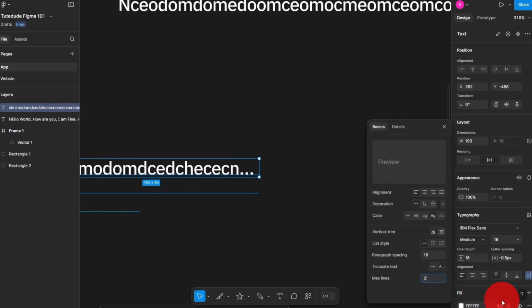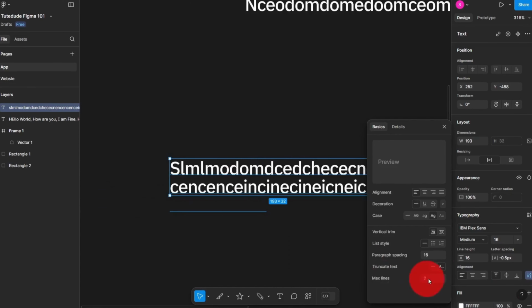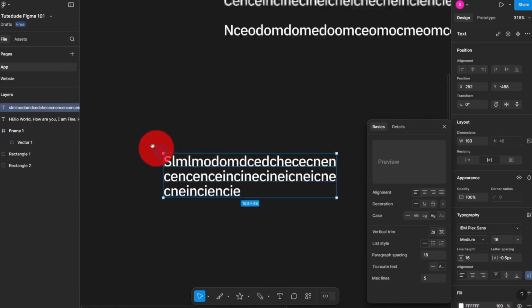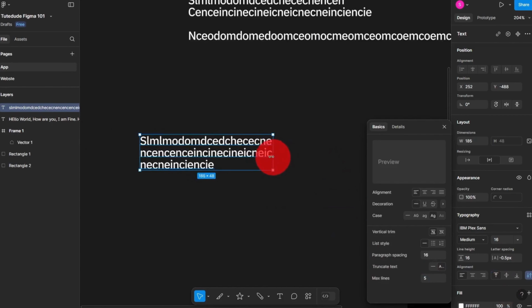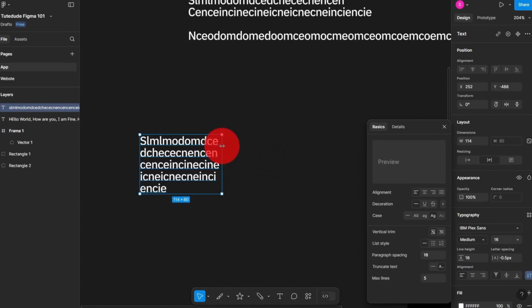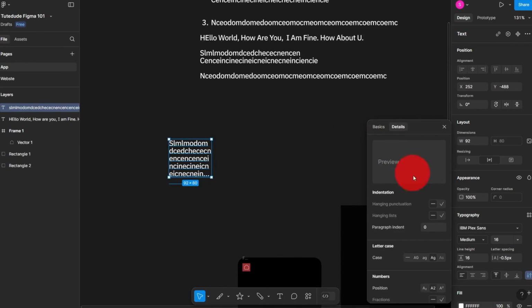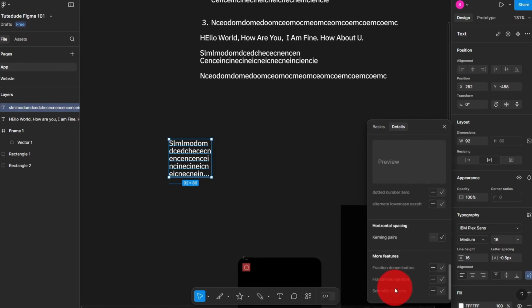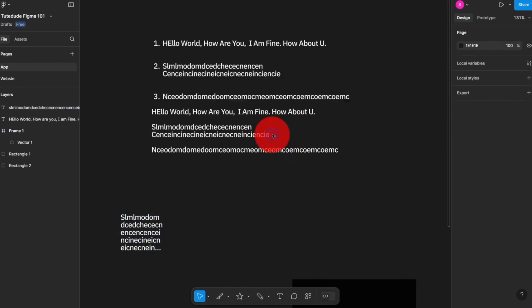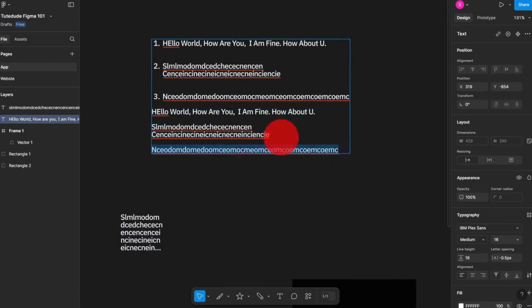Now if you want a maximum of 2 lines, 2 lines will be taken. Maximum of 5 lines, 5 lines will be taken. But now we have 3. Let's reduce it more. 4 lines. Next comes 5 lines. Once it reaches the sixth line, it doesn't go. Right? Awesome. Then you have details. This is font specific content, guys. Font specific content in the sense, let's say